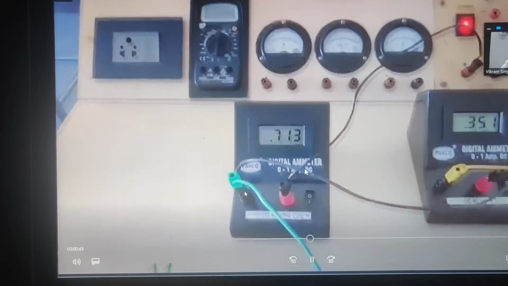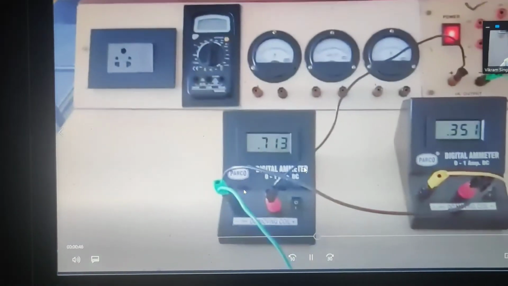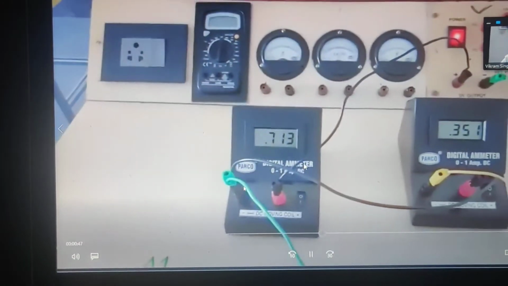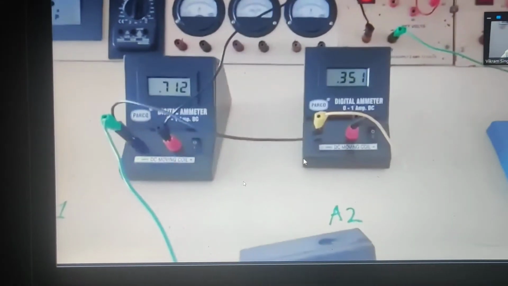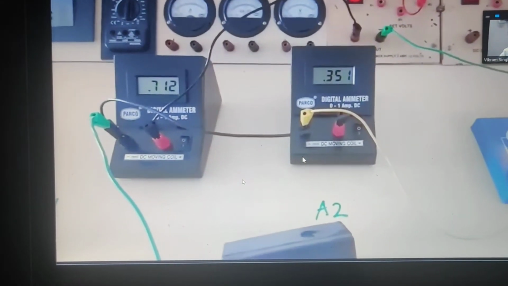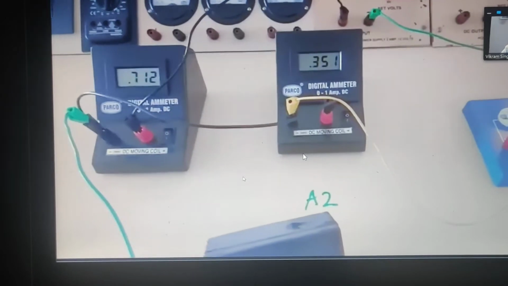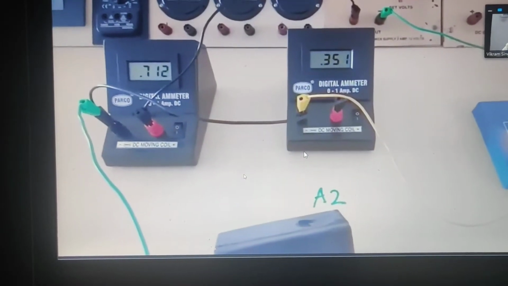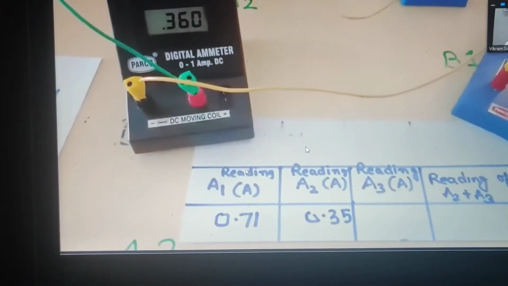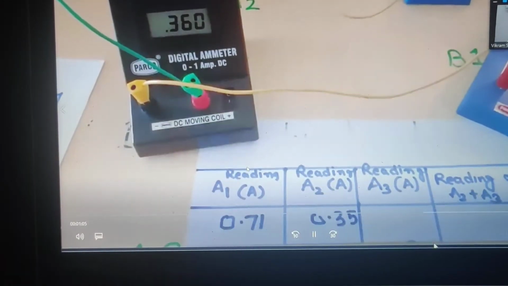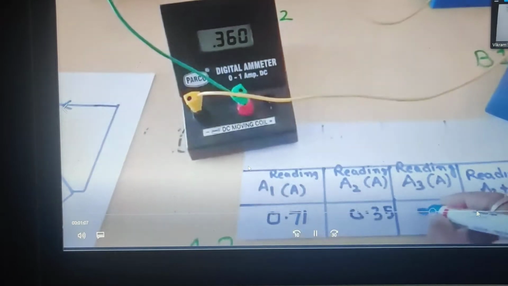For ammeter 1, the reading is 0.71. For ammeter 2, the reading is 0.35. And for ammeter 3, the reading is 0.36.